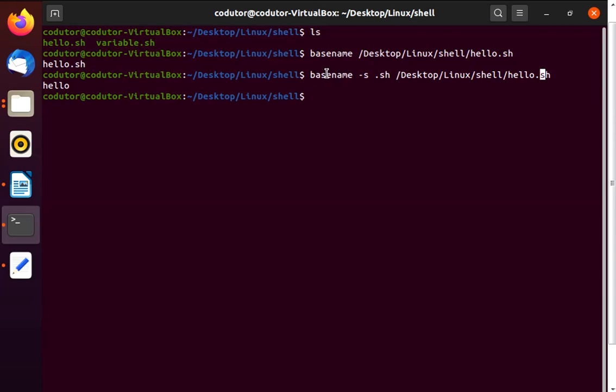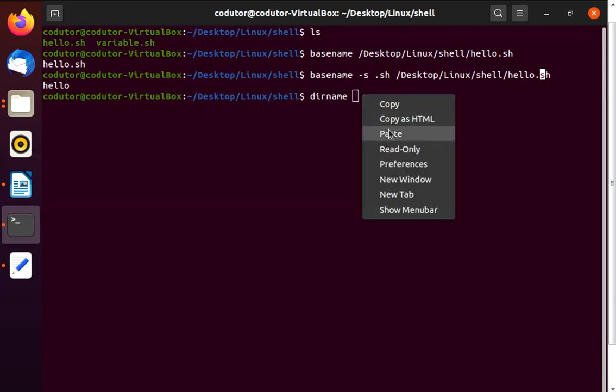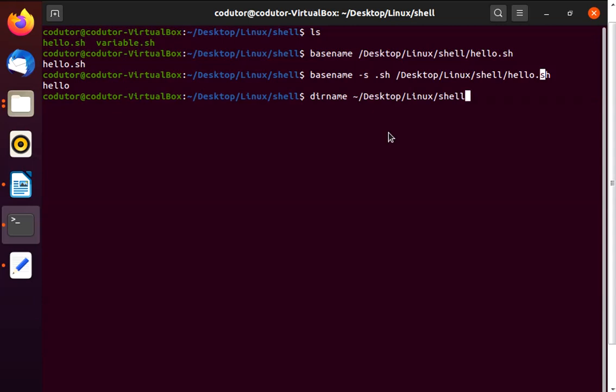There is one more command, that is dirname, and you give it the path to this particular file. Let's say hello.sh. It will remove the file name and print the directory name.